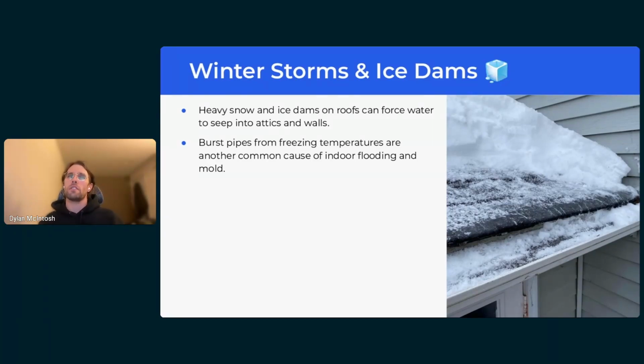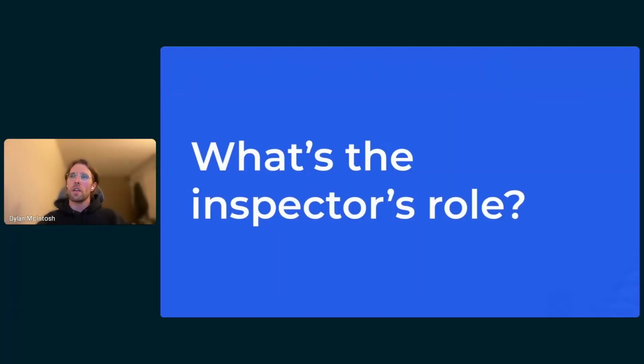It can saturate the earth next to the foundation, causing water to come into the building. And then ultimately, like I said before, any moisture problem that's persistent for 24 to 48 hours at minimum can begin to develop mold.